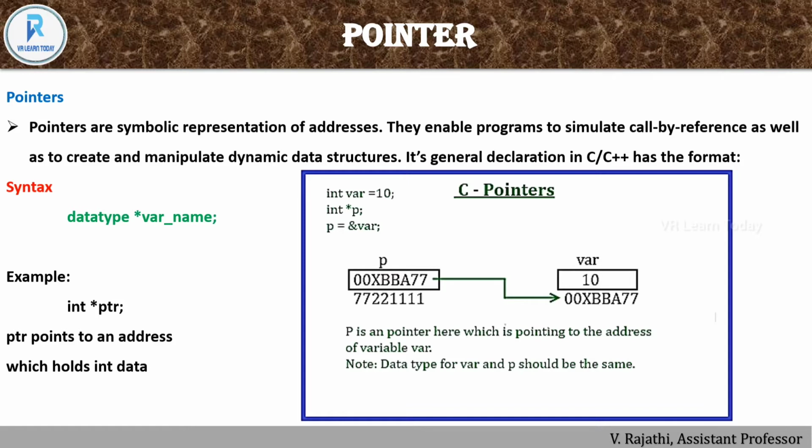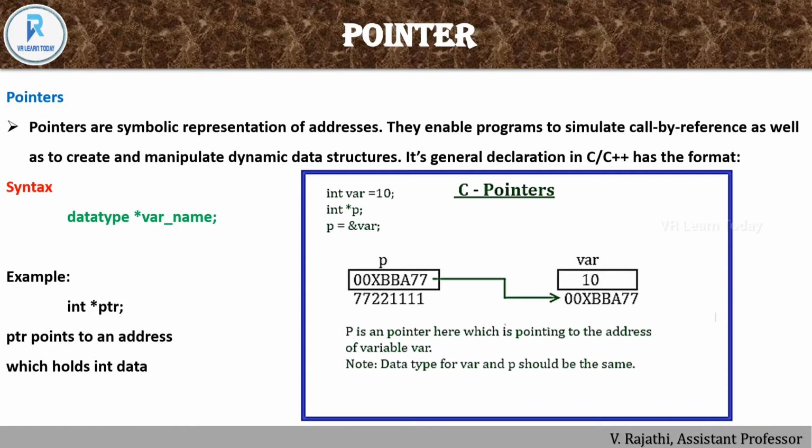First we have to mention the data type, and we have to use the asterisk symbol, and after that the variable name. In a normal declaration, first the data type, and after that we just mention the variable name. That's it. So the small change is you have to include the asterisk before the variable. If declared this way, it is called a pointer.